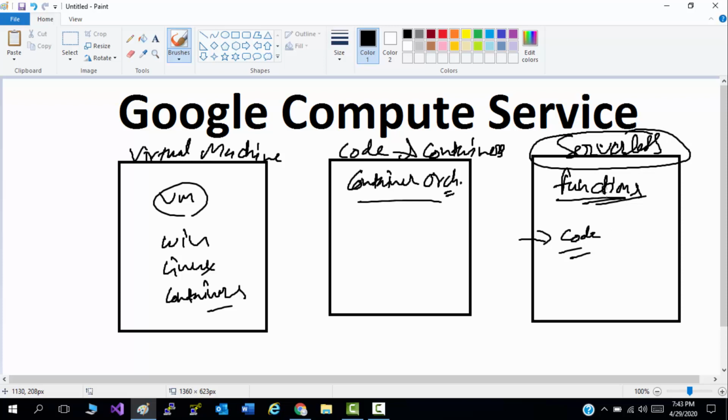Functions are used when you want to trigger something in the background: code which runs at a specific time, on a specific event, or on a specific trigger. That you can run on a serverless platform on Google.